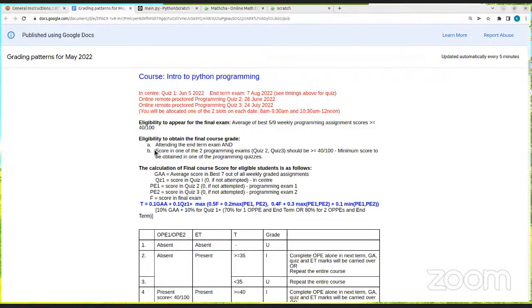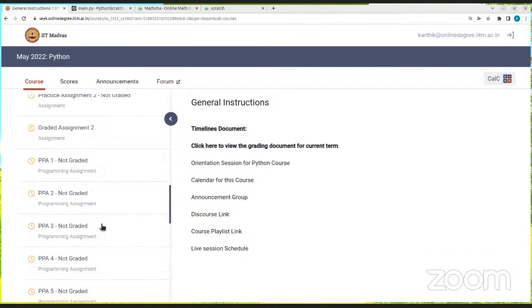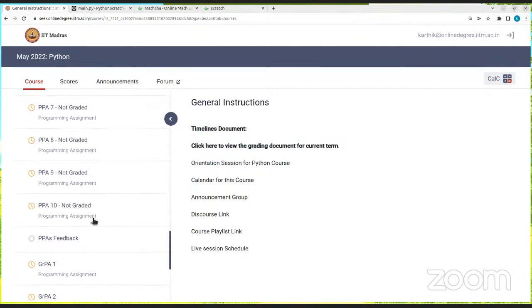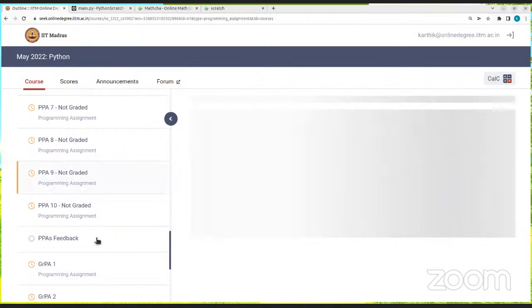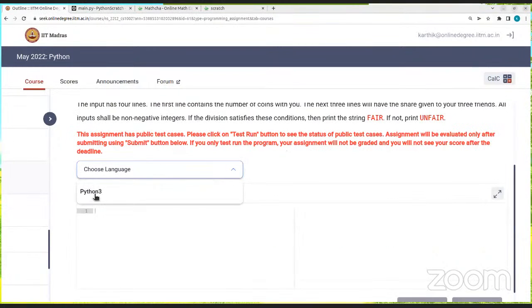Okay. And sir, one more question. Over here, when we're submitting, we have the test run and all this, private tests and public tests. Would that also be there in the OPPE? Yeah, the OPPE will be just like this particular portal. So if our private tests get passed, we know that our code is right. Yeah. Oh, that's a relief.